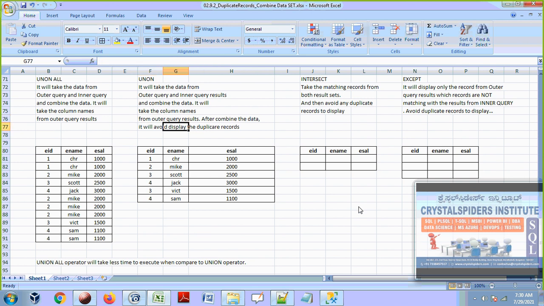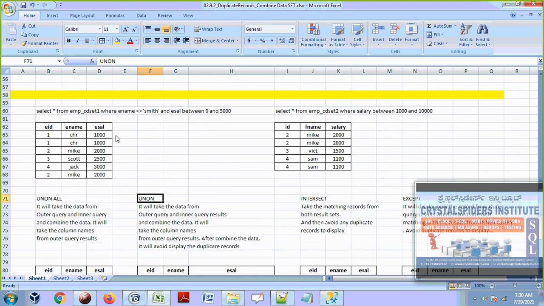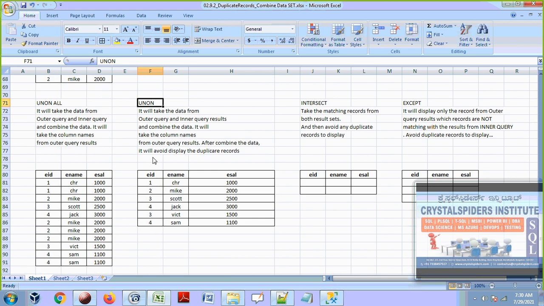After combining the data, it will avoid displaying duplicate records. That means it will verify whether any records are repeated, and then remove the repeated records. Not all records, guys. Keep one copy of the record as it is and remove all additional duplicates. So that's what union is doing. Union all and union both do the same operations, but union additionally removes the duplicate records. It will not show duplicate records in the combined results. Okay, guys, that's what union will do.